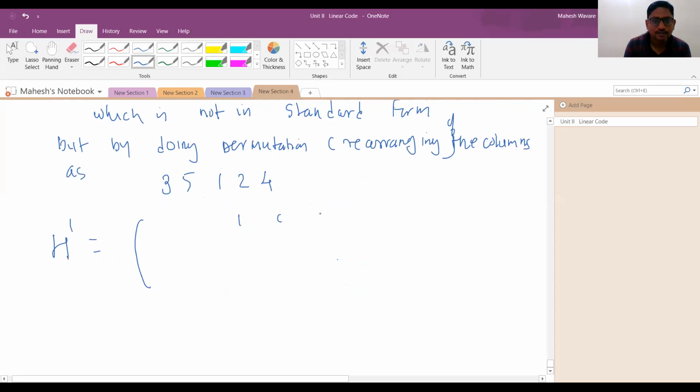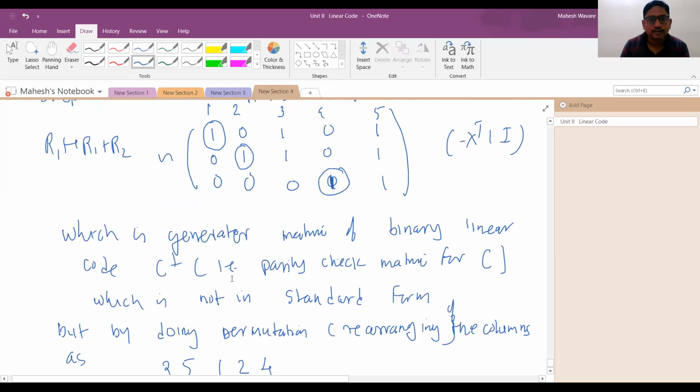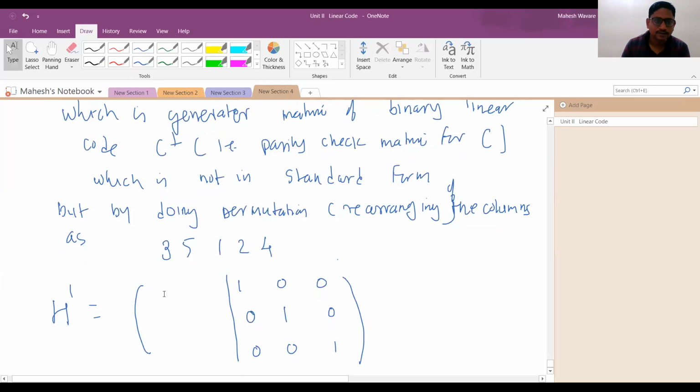So I'll write the last 3 columns first. And the third column is 1 1 0, 1 1 0, and the last column is 1 1 1. So this is of the form Y into I3, which is the standard form generator matrix for C perp,